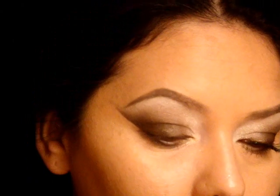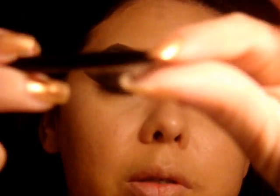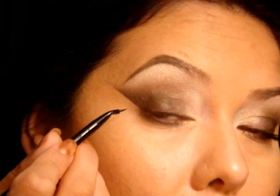Alright, next I'm going to be taking, where's that brush? This is the e.l.f. brush, the angled eyeliner brush, but I wouldn't recommend this, it's pretty crappy. And I'm going to take the Wet n Wild black gel liner, and I'm going to pick up a tiny bit of that, taking off the excess off of the brush. Okay, and then I'm going to come to the corner here,